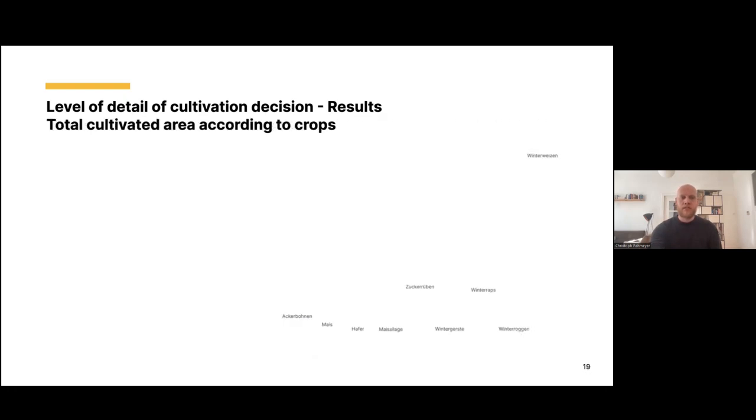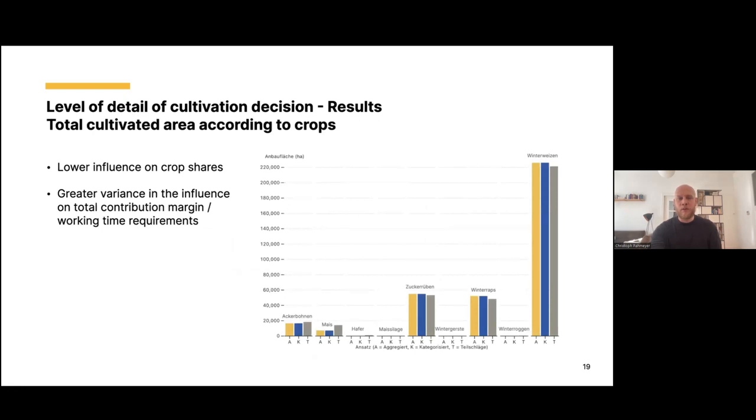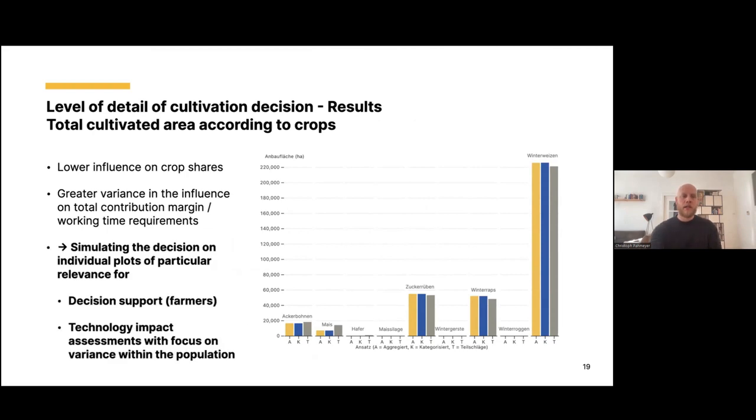All right, and then just looking at the differences in the crop shares. There's a lower influence when we look at the whole farm population, but there's a greater variance in the influence on the total contribution margin and working time requirements. So the assumption of whether we aggregate the plots or look at single plots does have an influence. And our conclusion for that was simulating decisions on the individual plots is of particular relevance for decision